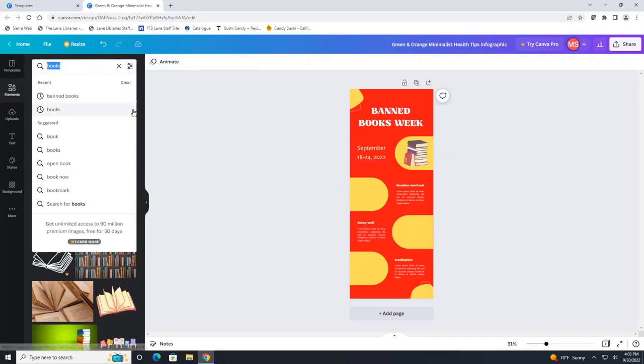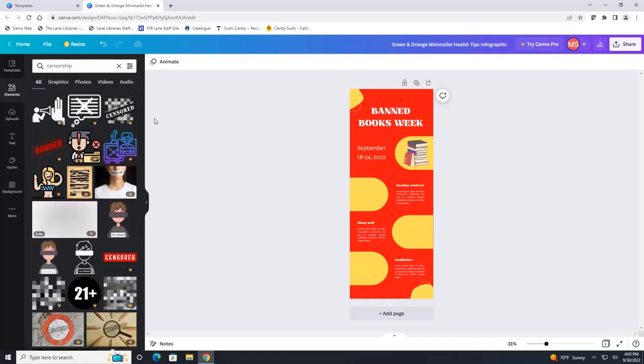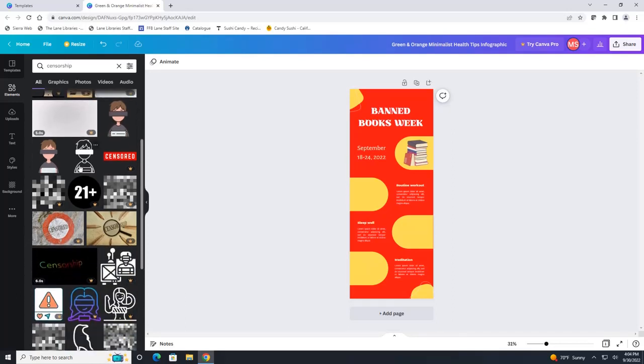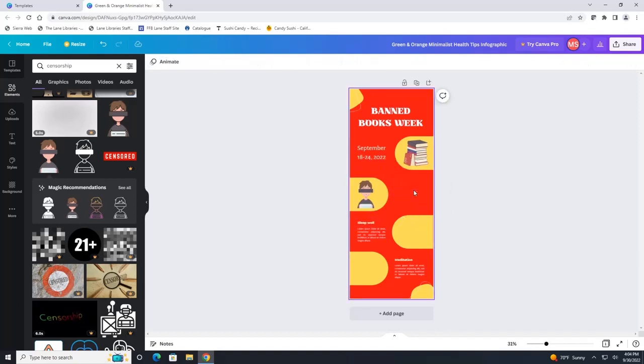Now let's add another element. Let's do censorship. Because Banned Books Week is all about not censoring books. So I am going to pick a graphic here that I like. Let's say I like this one. So I'm just going to click on here, shrink it down. Okay, now if I get rid of both text boxes, let's say I wanted to add text right here,